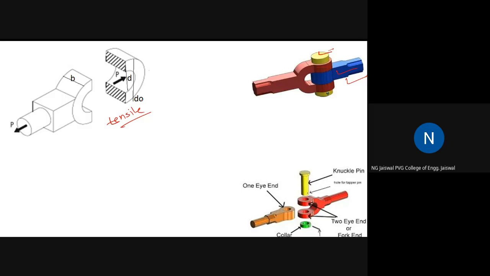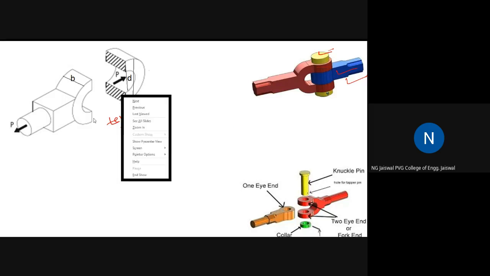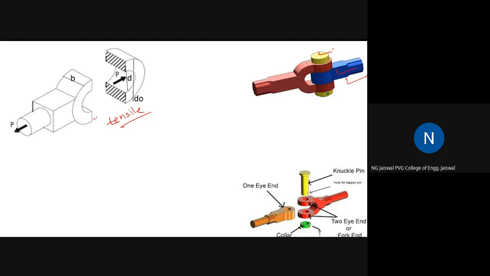You can see now this surface and the corresponding surface here, these two surfaces which were a single surface before failure are now separated, moving away from each other. That is tensile. And in the earlier case, if it is sliding, then it is a shear. If two surfaces are sliding after failure, it is a shear failure. If two surfaces are separated from each other after failure, it is a tensile failure. So this is a tensile failure.